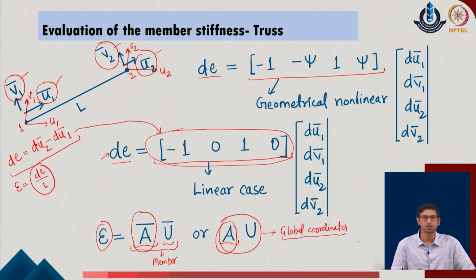Whereas, if the user is willing to include both the geometrical and the material nonlinearity in the system, the user has to come up with this parameter as a vector in the given system. We can also understand now that in cases where we go with beam members, or with the general aspect of the system where more than one strain parameter is available, the A becomes a general matrix in the given system. So, if you recall the discussions we did with respect to the beam formulation, we came up with two strain parameters, the regular strain and the rotation of the given system, and corresponding to that, A became a parameter in which there were two individual rows identified for the given system.